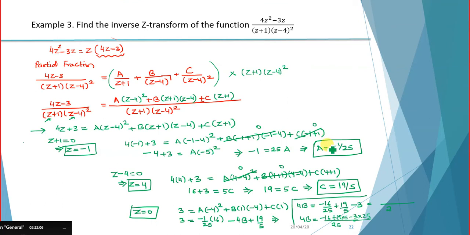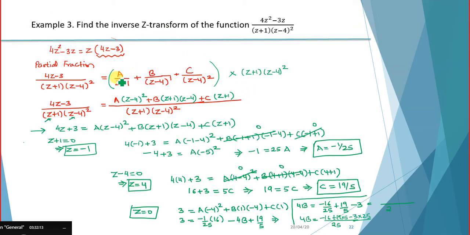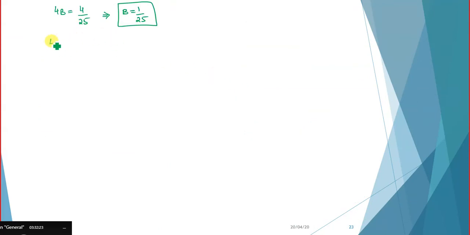Okay. See, a is minus 1 over 25, b is plus 1 over 25. So this is what I told you, that the values of a and b differ only by sign. Now substituting these values of a, b and c here at the very first place. So what you will get? 4z minus 3 over z plus 1 z minus 3 square equals a, which is minus 1 over 25 z plus 1, plus b,